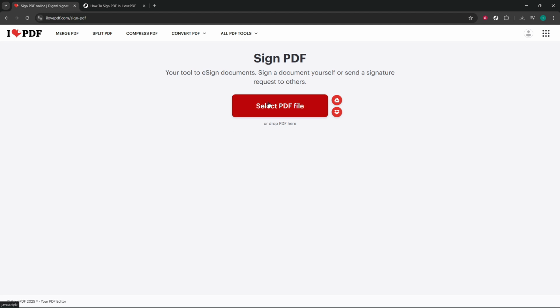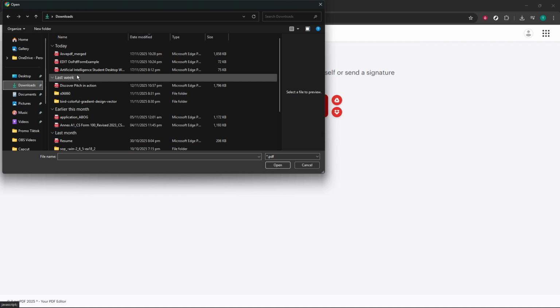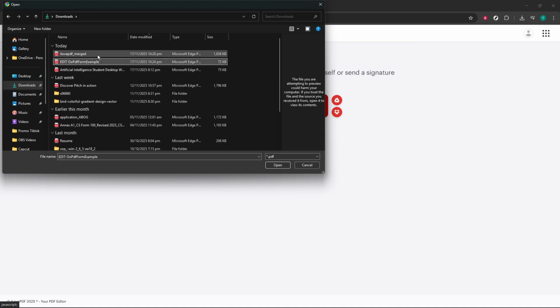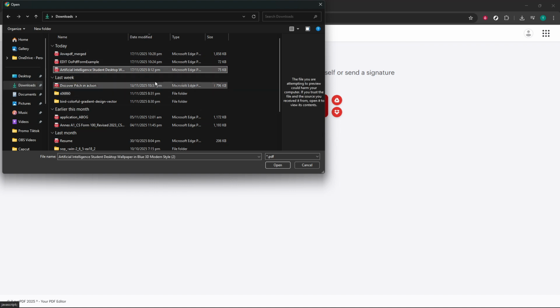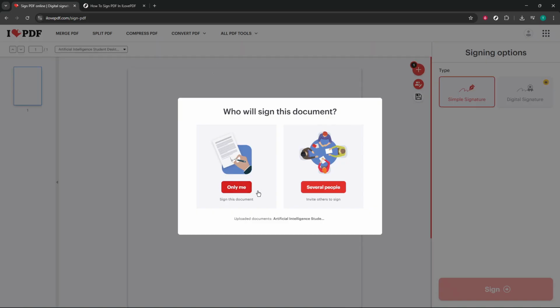Now let's actually select the document you need to work on. Look for the Select PDF File button. Clicking on this will open a dialog box, allowing you to choose the file from your device that you intend to sign. After selecting the appropriate PDF, you're ready to proceed to the next step, which involves specifying who needs